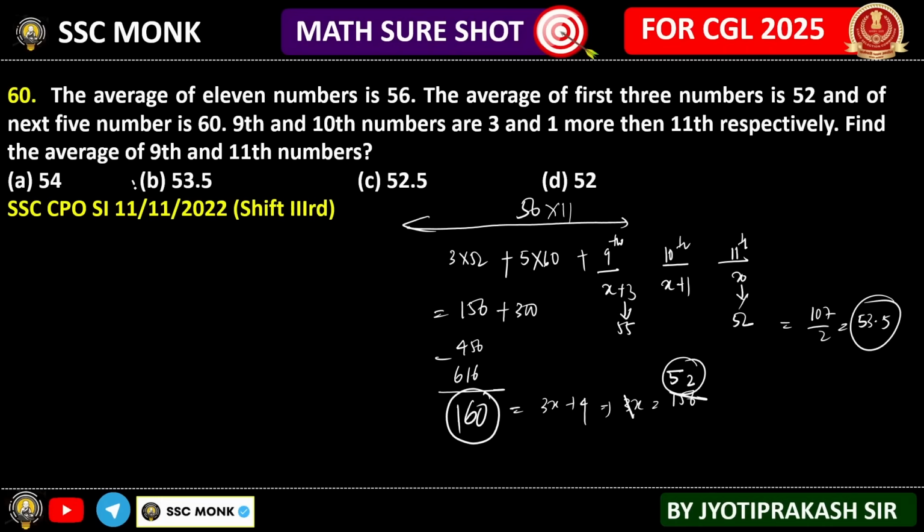Answer option B. Clear? This is one way to solve it, or you can directly take the difference over here. See, for the 3 students at 52, that means 4 in each case to reach 56, so minus 12 here, plus 8 here. Then again 56 in each case. Then again you can find the answer. So anyway you can find the total answer.